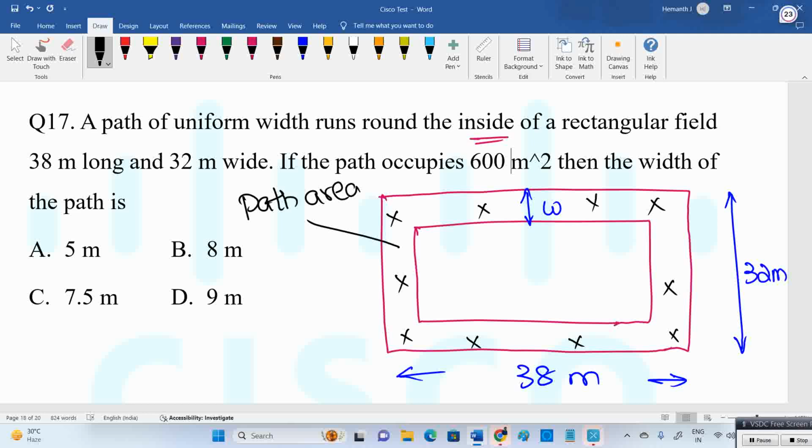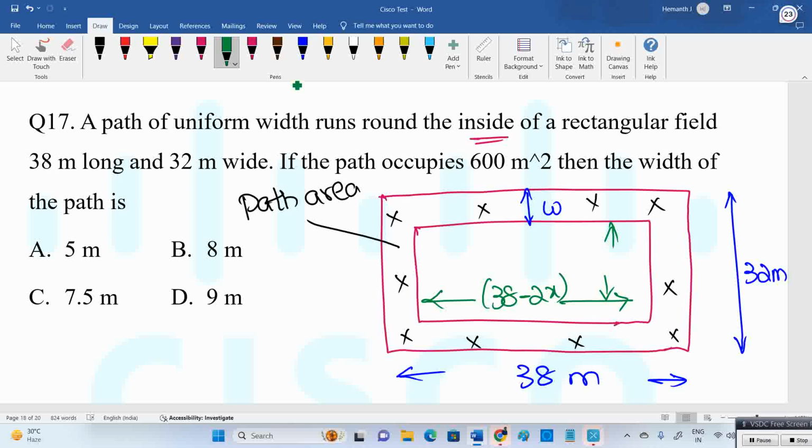Now I just want to give the idea. See, the path area is the outside rectangle minus the inside rectangle, right? What is the outside rectangle area? 38 into 32. Inside rectangle area: what is the length of the inside rectangle? What is the breadth of the inside rectangle? Yes, 38 minus